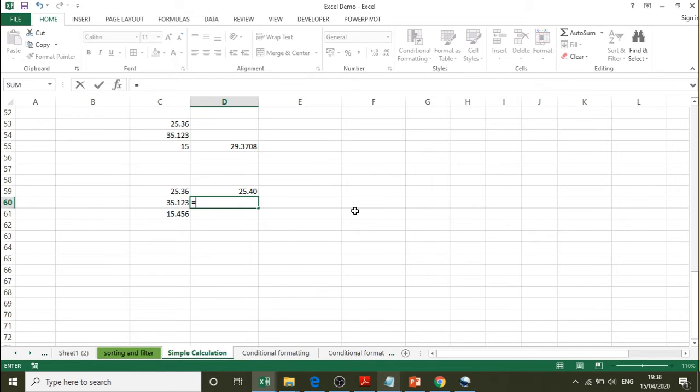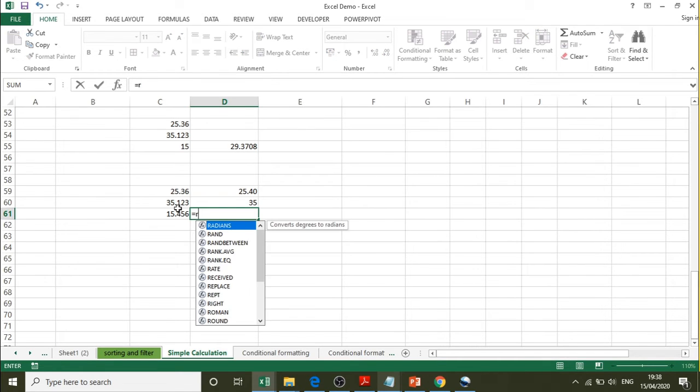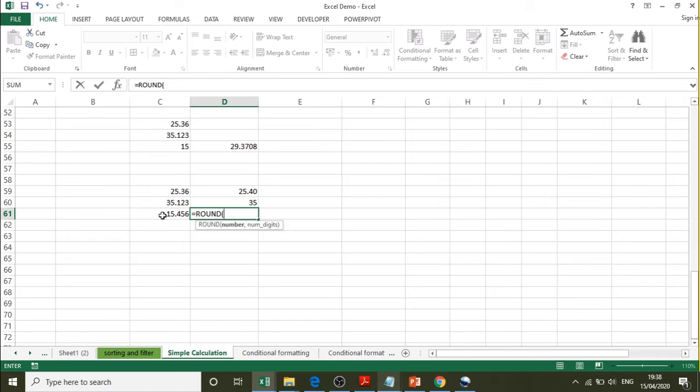Similarly I will do it here also: ROUND, the decimal value, comma, 1. If I use 0, it will remove the complete decimal values, you see. Here also I can use ROUND, the number, comma, the number of digits I want after the decimal point. Say if I give 1, this is the result I am going to get, that is 15.5. So this is how the decimal point can be updated or removed using the round function, and that's why the round function is very important in Excel.